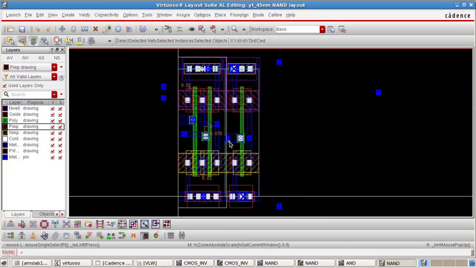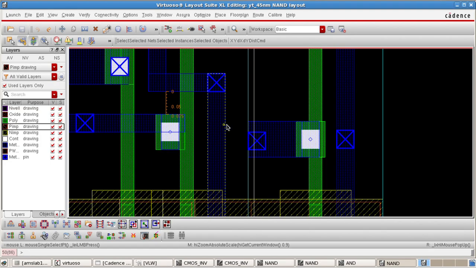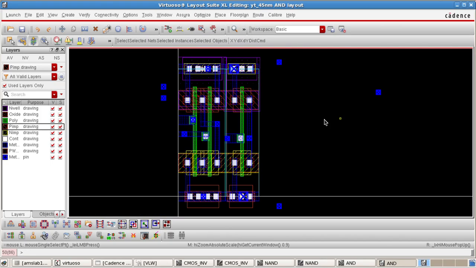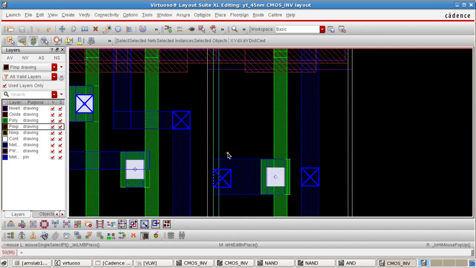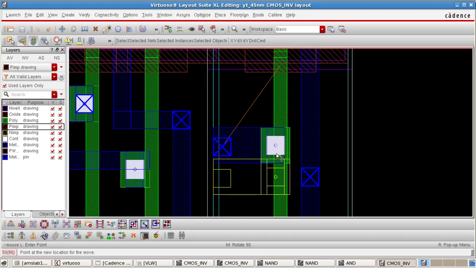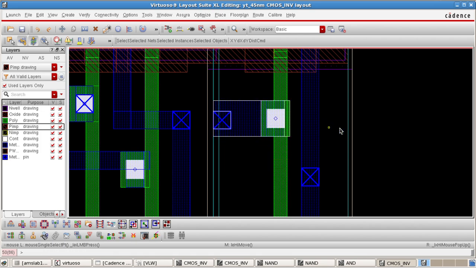And also we need to know that the output of the NAND is getting connected to the inverter. So I'm coming into the top hierarchy again, and in this I'm editing, like we always try to make it a straight connection. And here at the top hierarchy level, if we consider